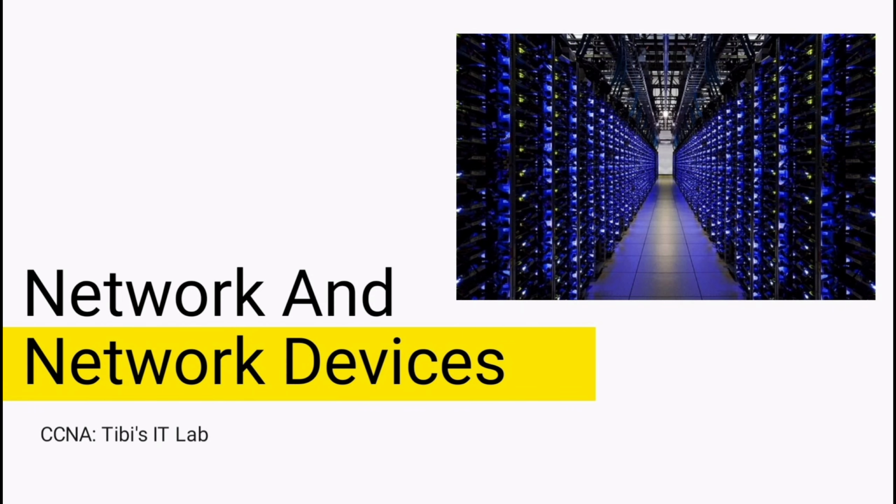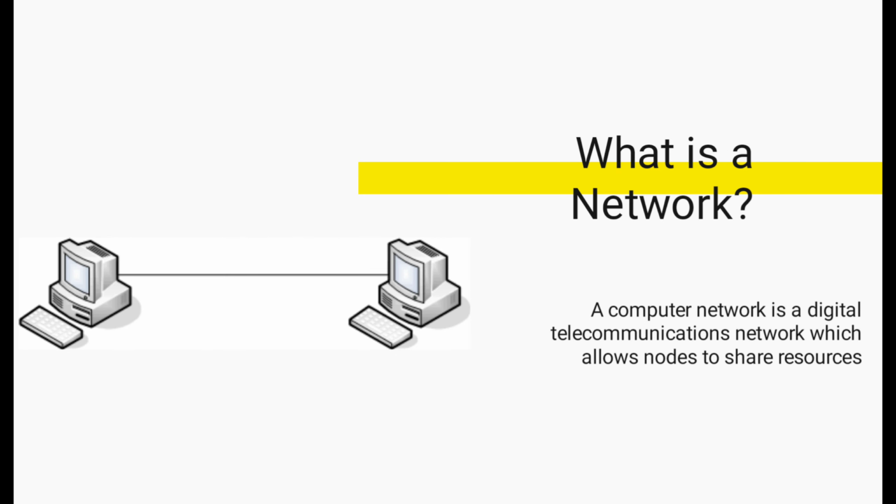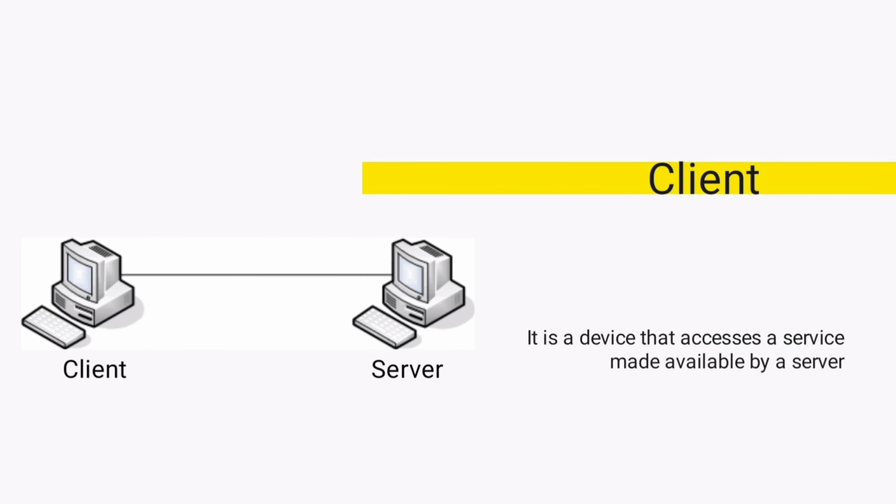A computer network is a collection of devices. It might be computers, servers, printers, routers, switches, or any other network devices that are connected together using wired or wireless communication technologies. The purpose of a computer network is to enable communication and resource sharing among devices on the network. In a computer network, a client is a device or software application that requests services or resources from another